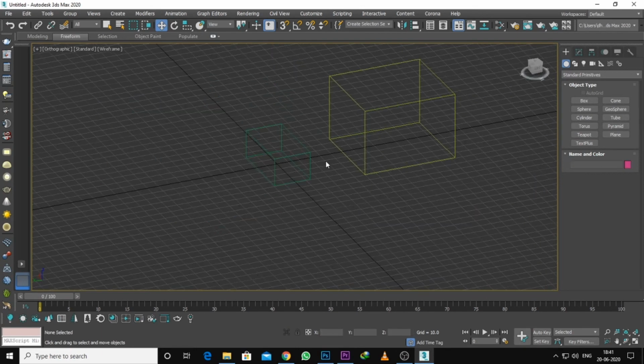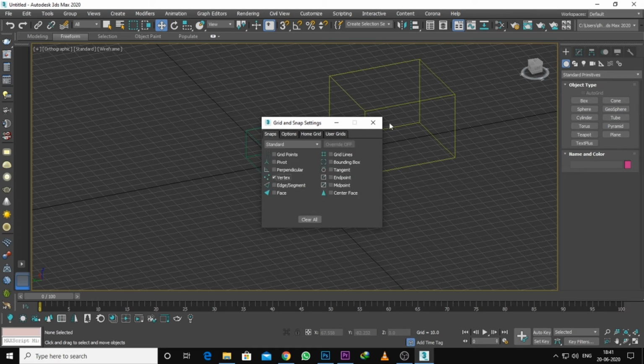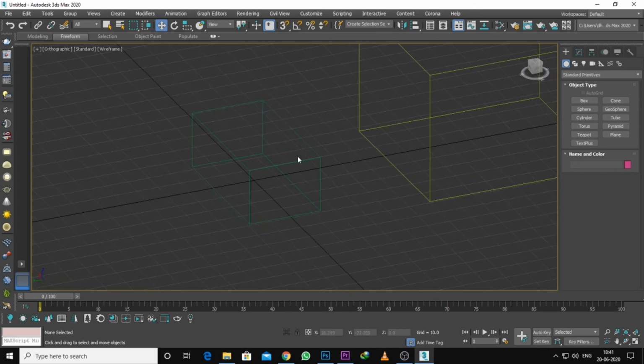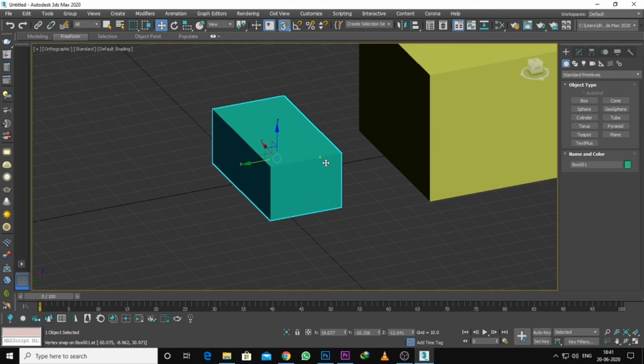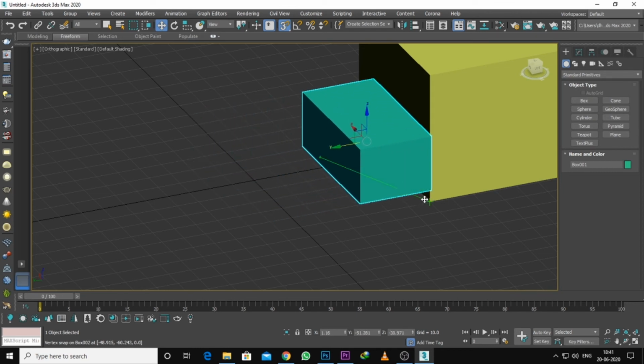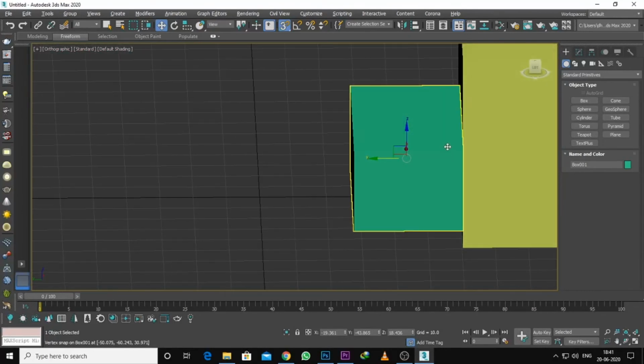What you need to do is go to angle snapping, right click, and enable axis constraints and vertex. Click here, press S, select one corner and drag it. You can see that we get perfection.